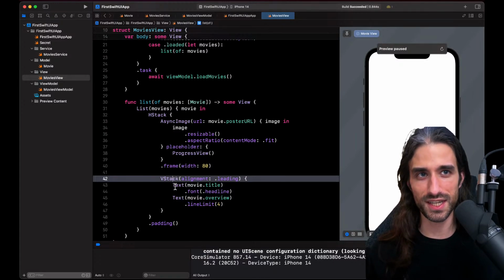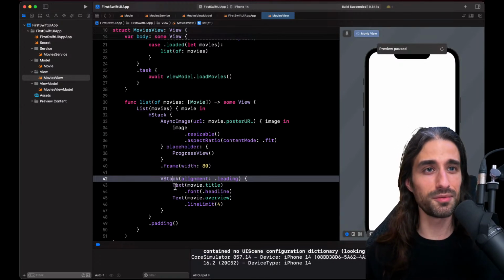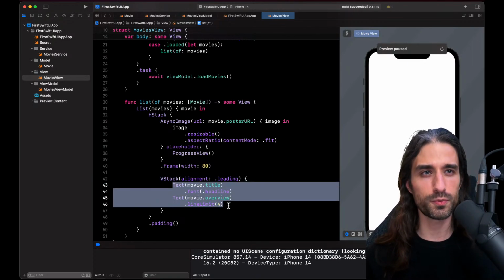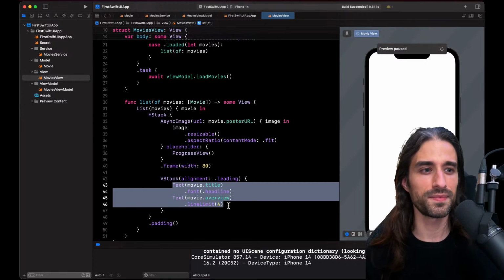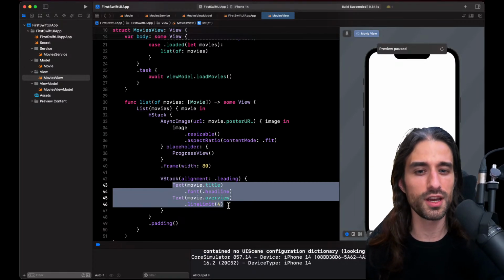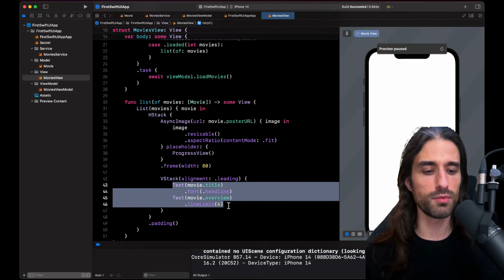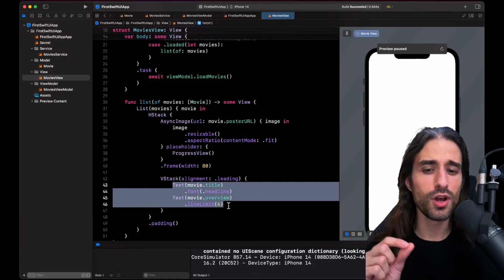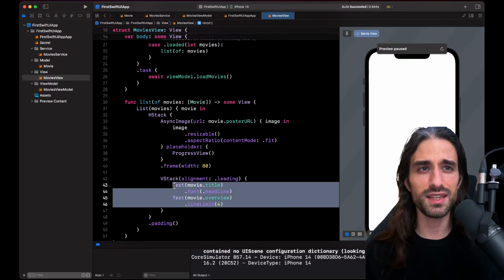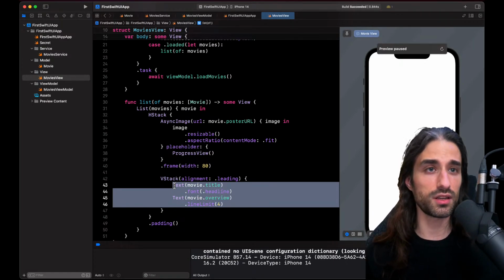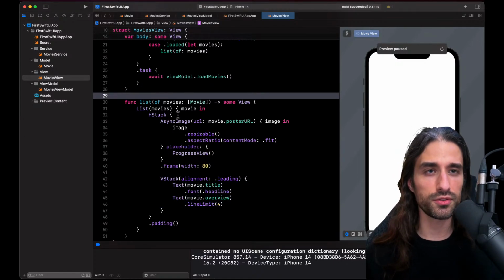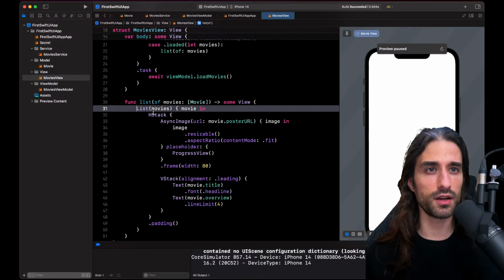So there is no magic in computer science. Something has to do the job of telling the VStack, okay, these two texts must be collected into an array. This is what ViewBuilder does. You can see ViewBuilder, which is actually a result builder, as the name of the feature in Swift, as like a very tiny compiler that helps you take this syntax right here into another syntax, which is using an array, basically. And so here we don't need to use ViewBuilder because we are just returning a list.